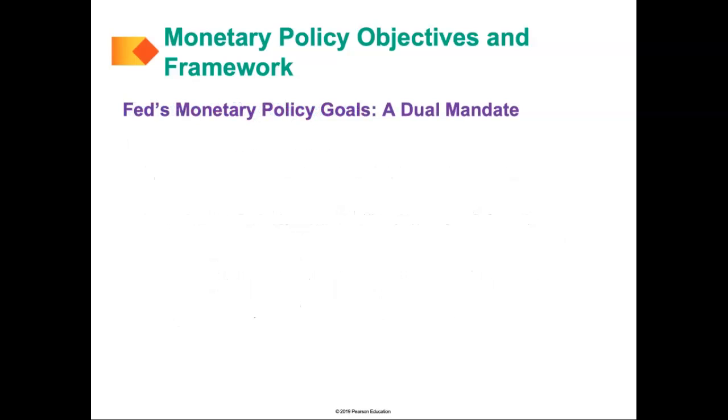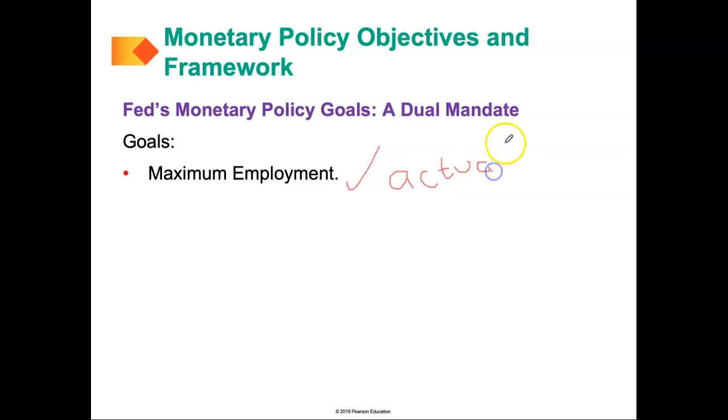Okay, right, so the next thing we need to look at is basically the Fed's monetary policy goals. Okay, so the Fed's monetary policy objective has two distinct parts. First, a prescription of the means by which the Fed should pursue its goals, and a statement of the goals itself. Okay, the first goal we basically have is maximum employment. And when we say maximum employment, remember, maximum employment is in the long run the scenario where we have actual real GDP equals potential GDP.